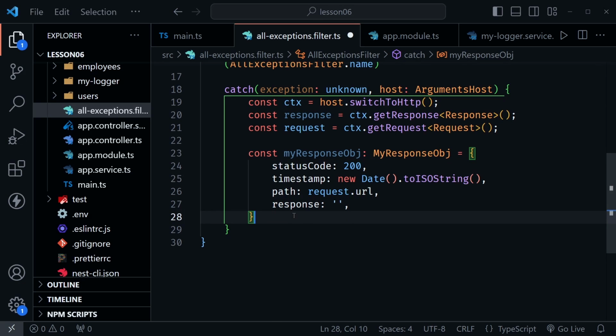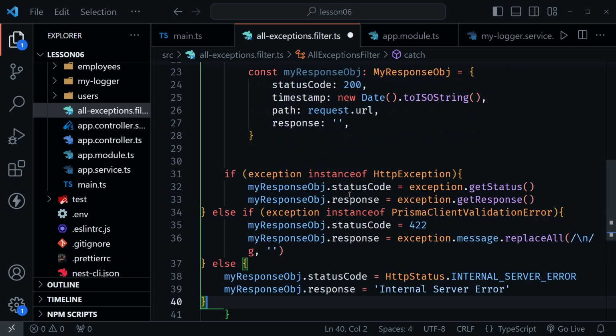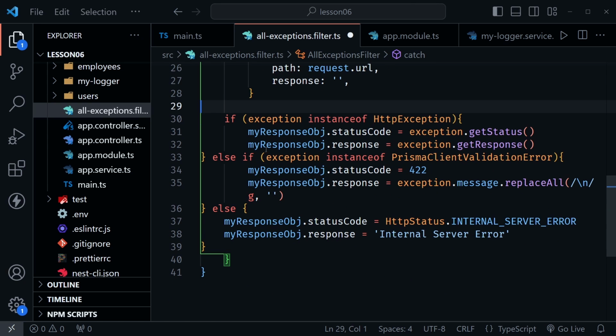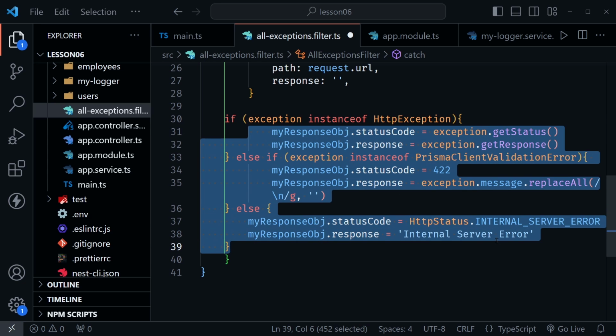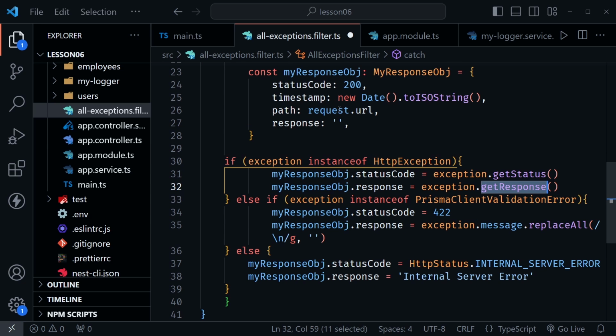So now in the interest of saving a little bit of time, I'm going to paste in the if and then else if statement, and we'll look at what it does. And I need Control V. There we go. I'll also need to format this. I think I turned off my format on save. So I'll just tab this over. Looks right now. So what I'm doing, and this is to help TypeScript help me as well, because the exception isn't always the same type, so it doesn't always have the same methods. So we need to check to see if the exception is an instance of the HttpException. Then we can use the getStatus and getResponse methods to set the status code for our response object